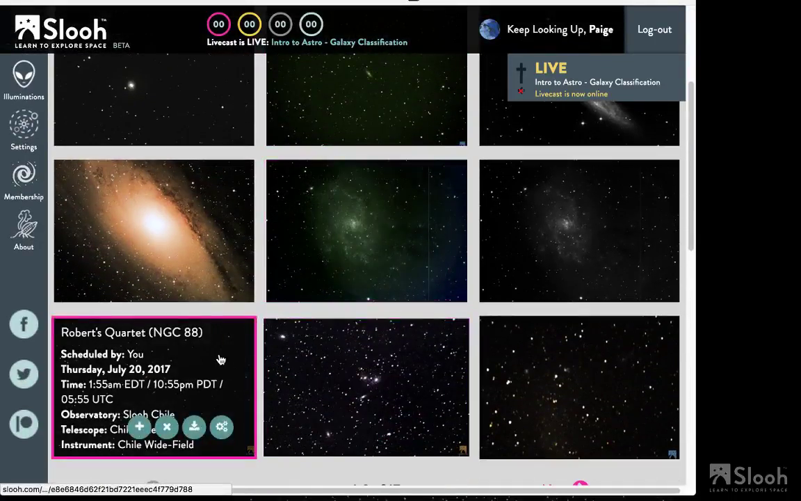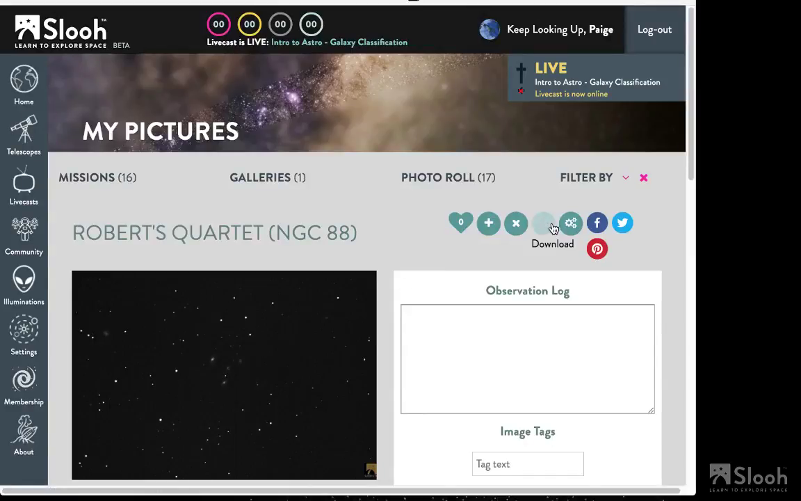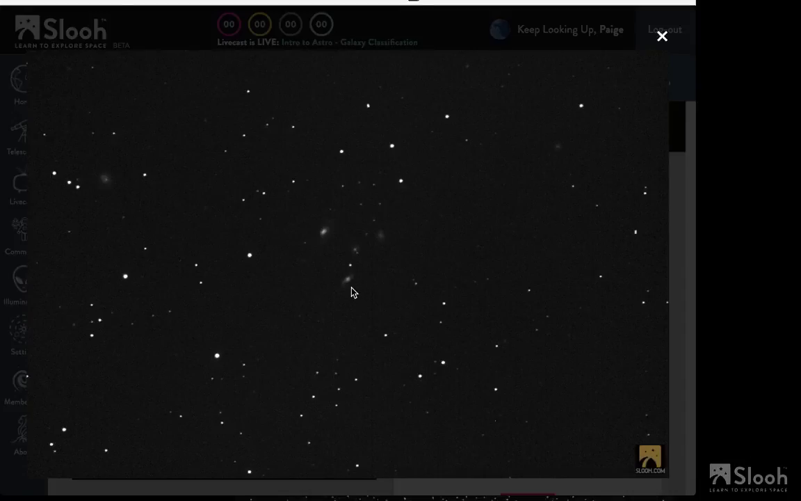We can look at, this is called Robert's Quartet. I might have to zoom in on this one for you. And so this is a really great example of how we see galaxies before we know to look at them. If you look up at the sky, this is a good example of what the early astronomers and philosophers thought they were looking at when they just called everything that wasn't a pinpoint of light